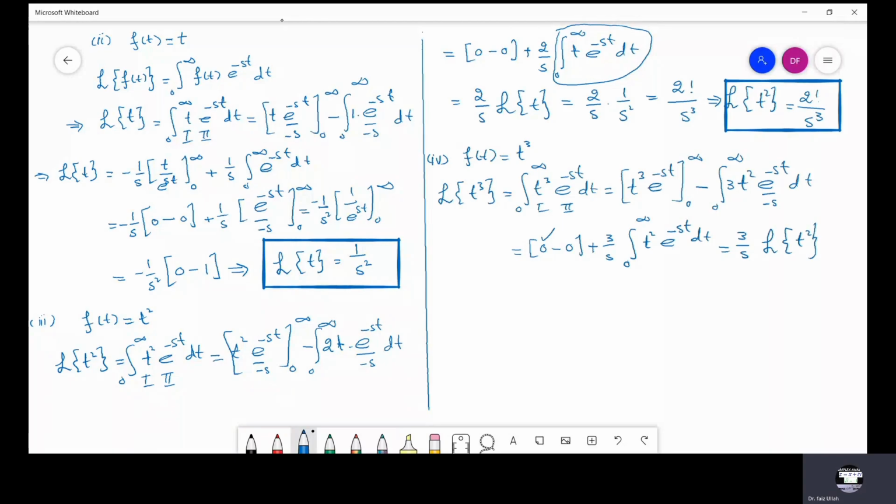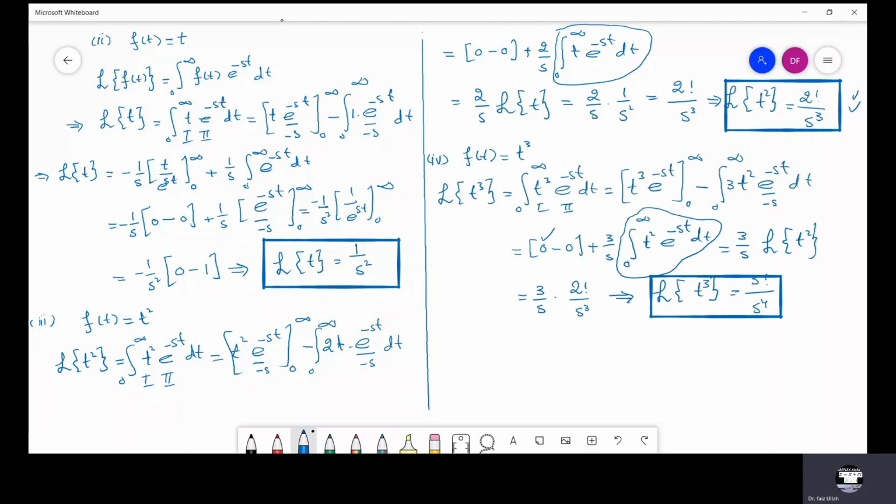If we use t square on both sides in the basic formula, we can easily obtain that Laplace transform of t square is this thing. So this is equal to 3 by s, and Laplace transform of t square we have already obtained, which is 2 factorial divided by s cube. So from this we can write that Laplace transform of t cube is equal to 3 factorial divided by s power 4,